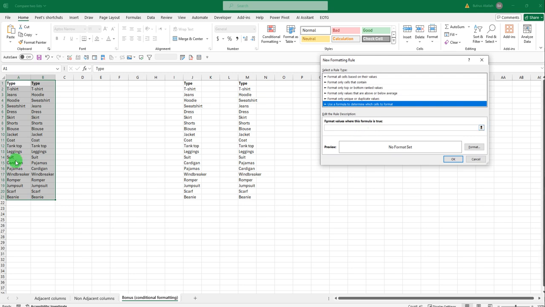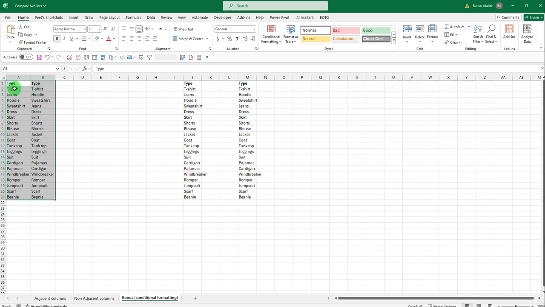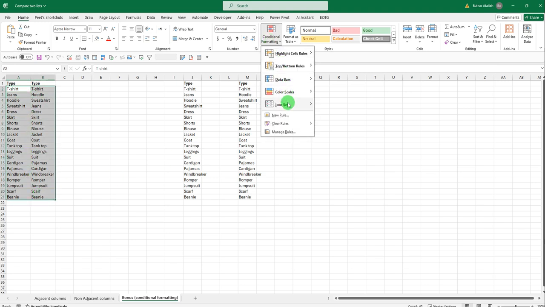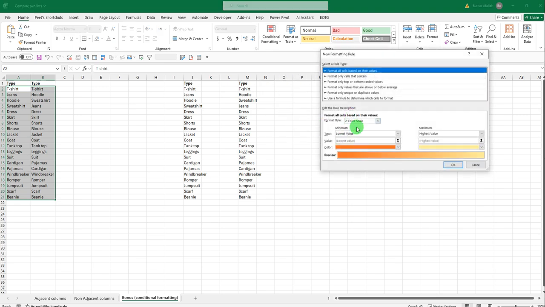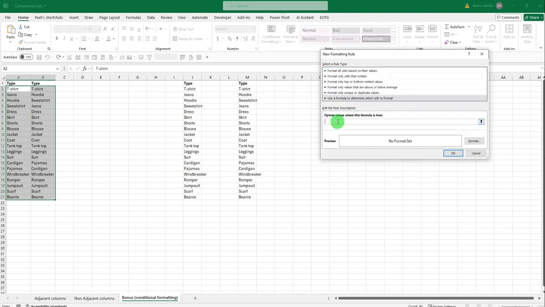Now here is where we're going to write the formula. We need to find the difference between cell A2 and cell B2. Remember, don't select the header. So the formula is going to be equal A2.